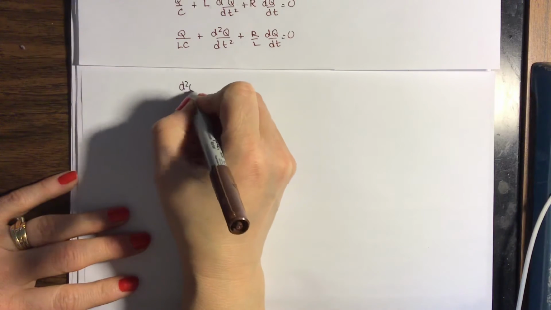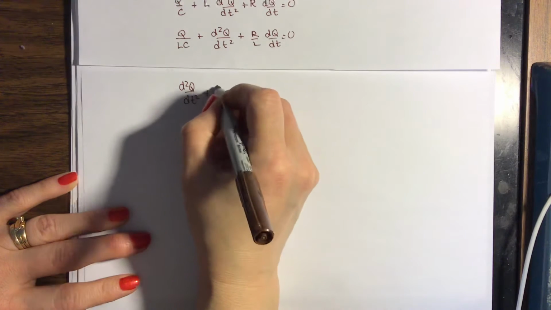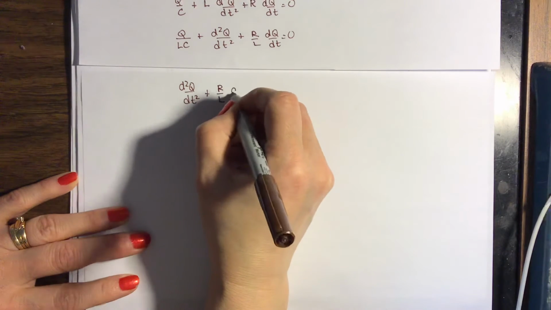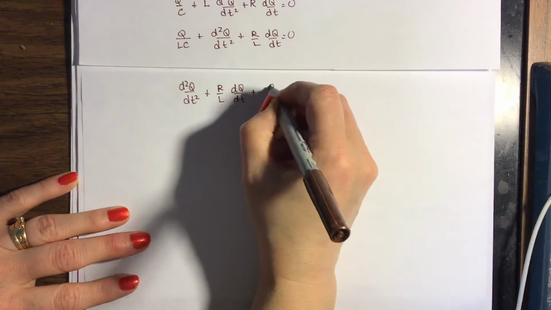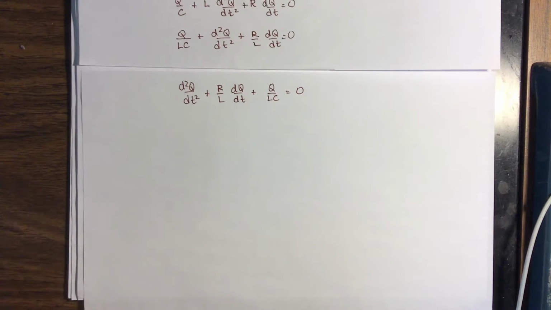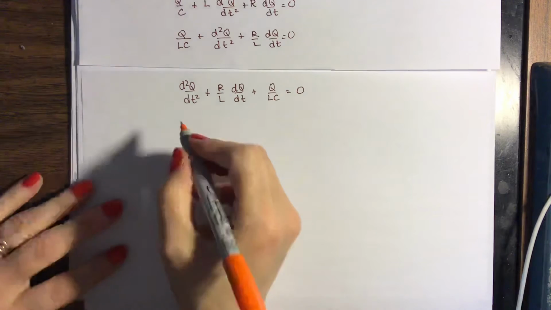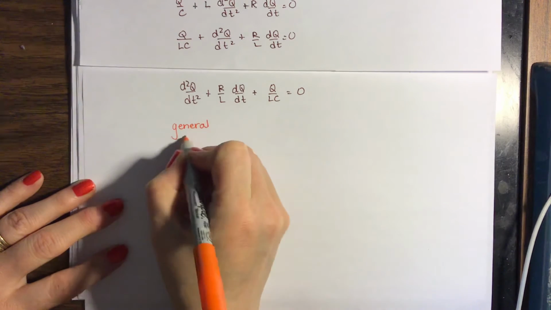So the second derivative of charge with respect to time plus R over L times the derivative of charge with respect to time plus q over LC equals 0. I'm not going to go through the math approach to solve this. I'm just going to present you with the solution. So this expression has a general solution